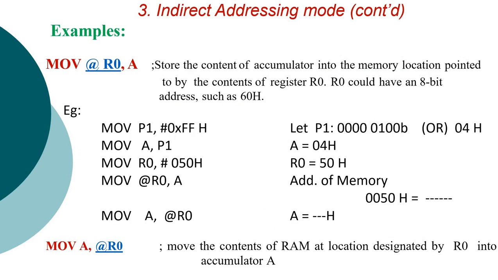Example: MOV @R0, A. What does it mean? It takes the data from the accumulator and goes to the location where the register R0 is pointing. For example, if R0 holds the value 50, it goes to the 50th memory location and copies the content of the accumulator into that location. That is the meaning of this